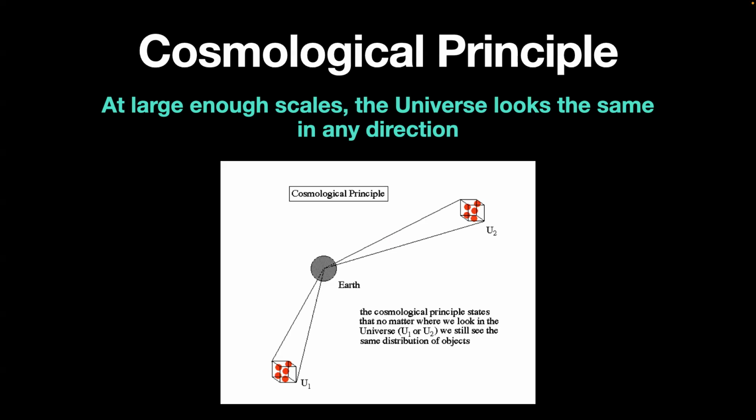So this is important for our understanding of the universe. If we didn't think the universe looked pretty much the same in every direction, it would be hard to make predictions, right? If our neighborhood was unusual in some way, it would be hard to extrapolate to other areas. So the cosmological principle is based on observations, but it is kind of an assumption in cosmology, and it does seem to work.